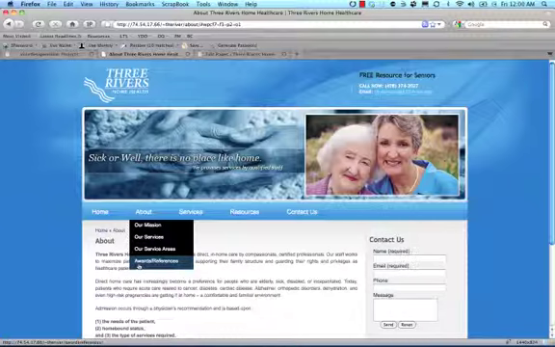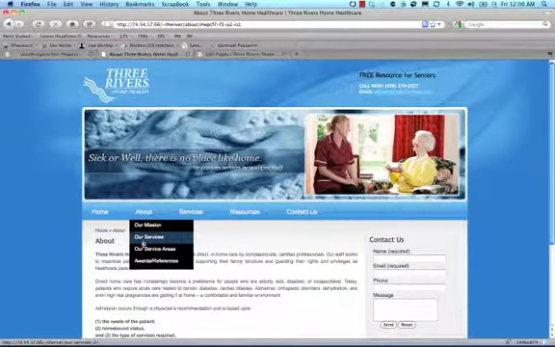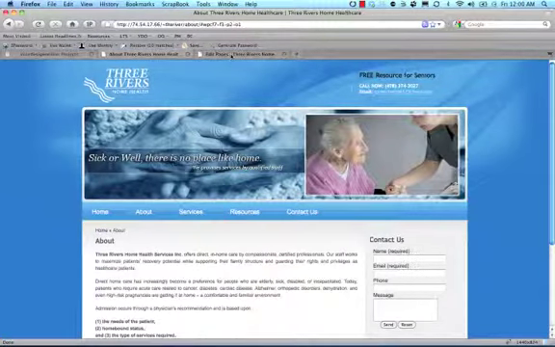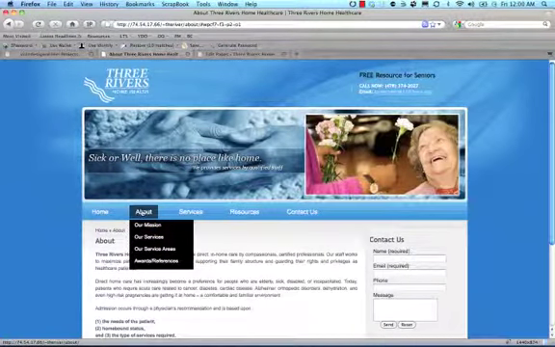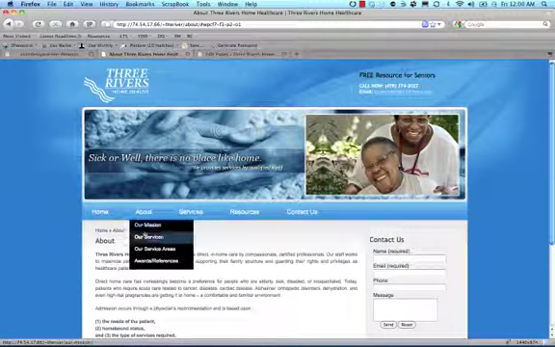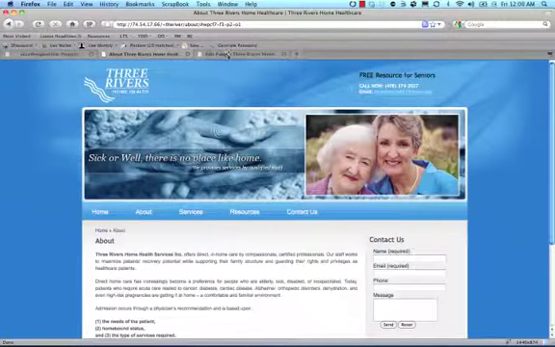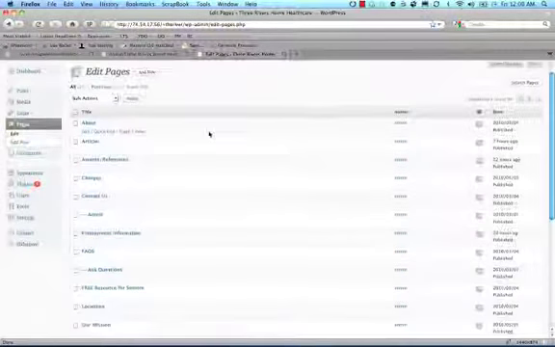But awards, references, maybe that's something for somebody that's really been on the site for a while, they've gotten to know us really well. Maybe that's something they would be interested in, but our main two items are going to be right here. So we want to kind of prioritize those. But we can create a relationship with these 4 pages to the About page, if you will. And the reason we might do that is, number one, for our actual sanity,